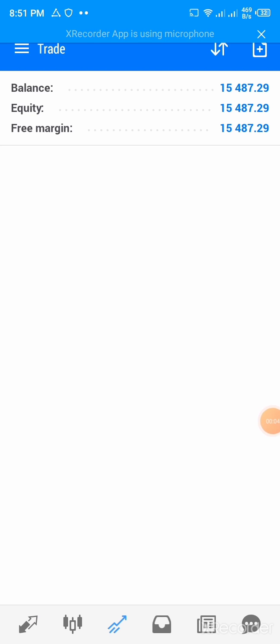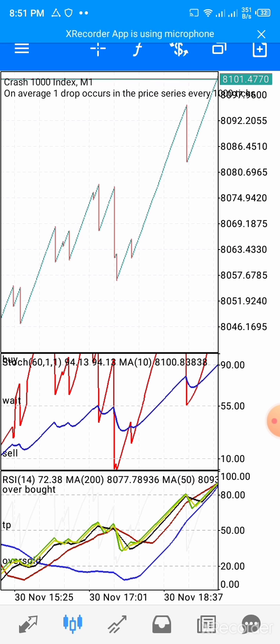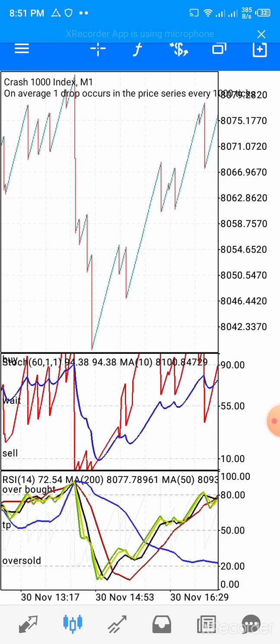Now I would like you to see what I'm about to show you. First of all, this blue will have to cross the red for you to place a buy or a sell. If you check out this now, the blue crosses the red, then you can place a sell. If you look at this side now, this blue crosses the red, you place a sell. If this blue crosses the red on the downside, you place a buy. If the blue crosses the red side up, you place a sell. Now let me show you